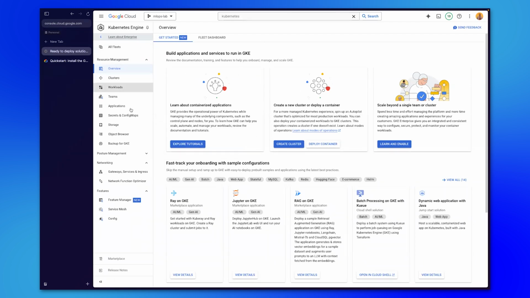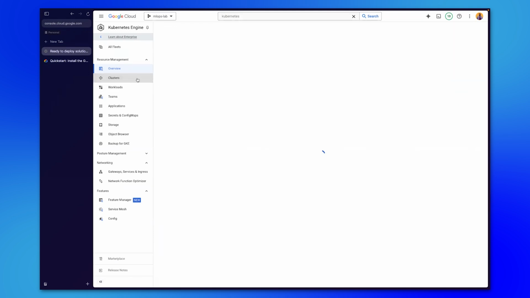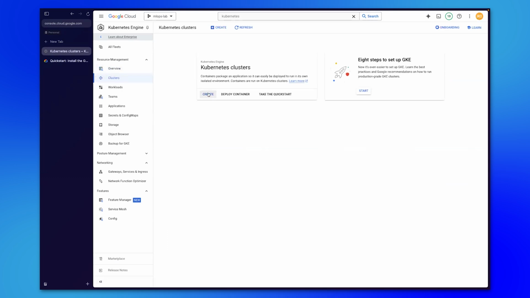I have the following dashboard with all the configurations and everything. And here I can easily manage my clusters, workloads, applications, secrets and config maps, storage, object browsers, and I can even back up my Kubernetes engine. So let's first start off creating the Kubernetes cluster using the Google Cloud Console. So if we go to cluster and if we click on create,